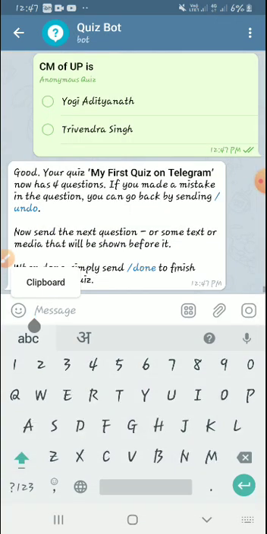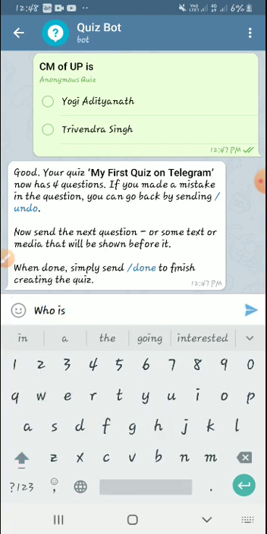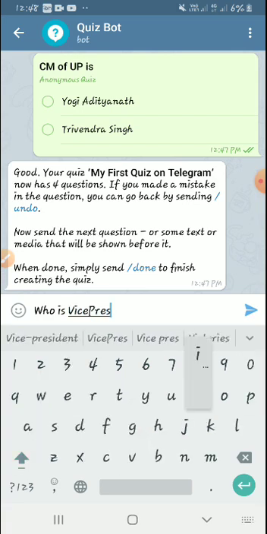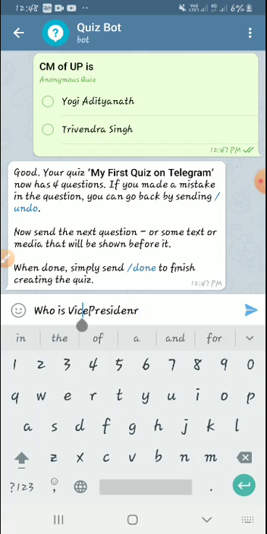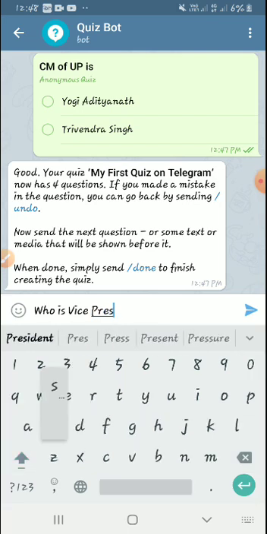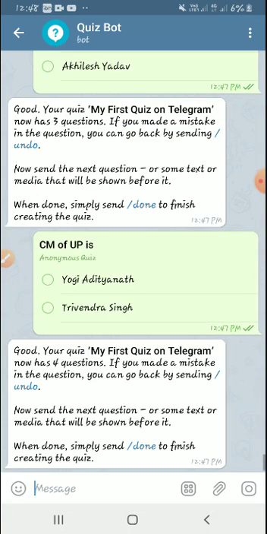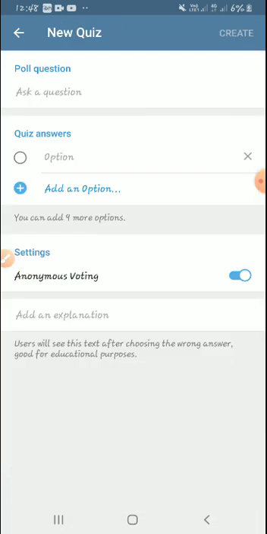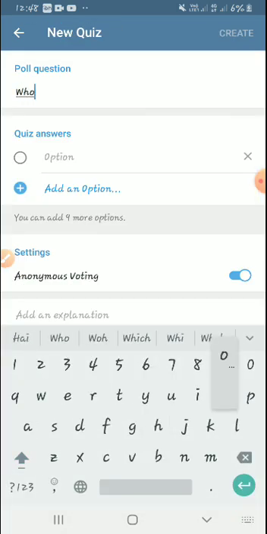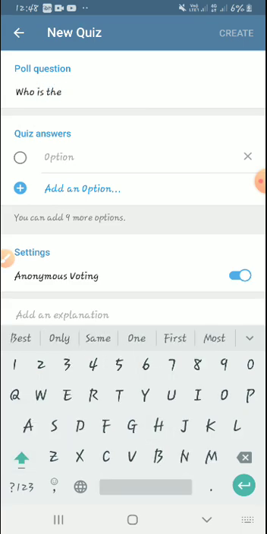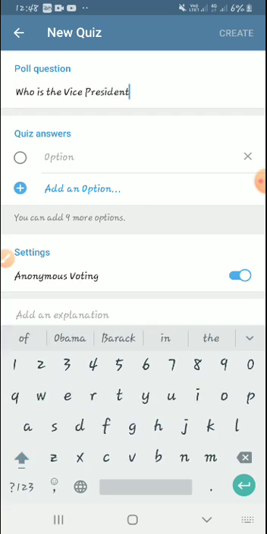I want to add one more question. Who is the Vice President of India?